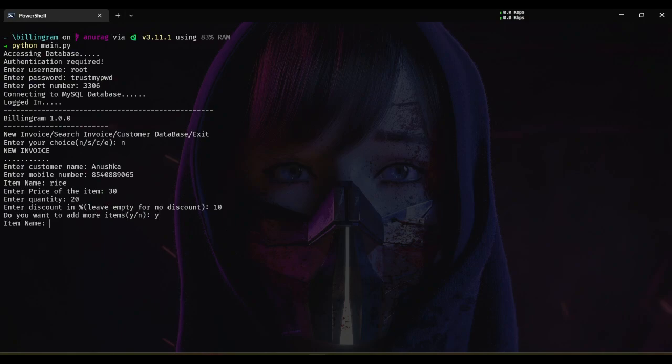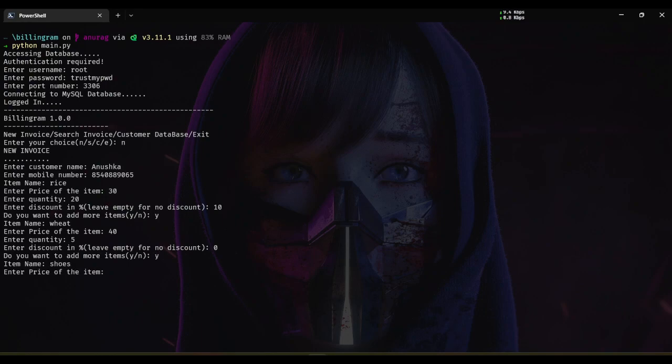Okay, we want to add another item, wheat this time, 40, and again let's say 5 packets and no discount, and one more, let's say shoes